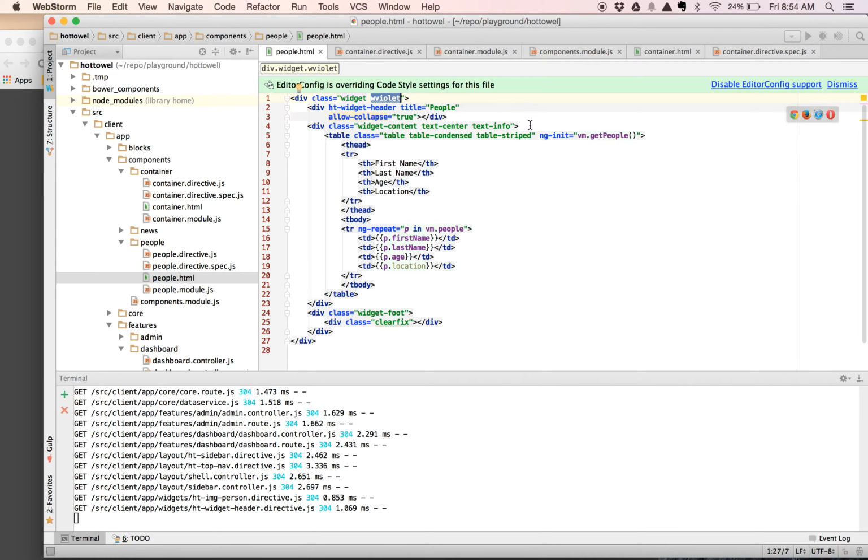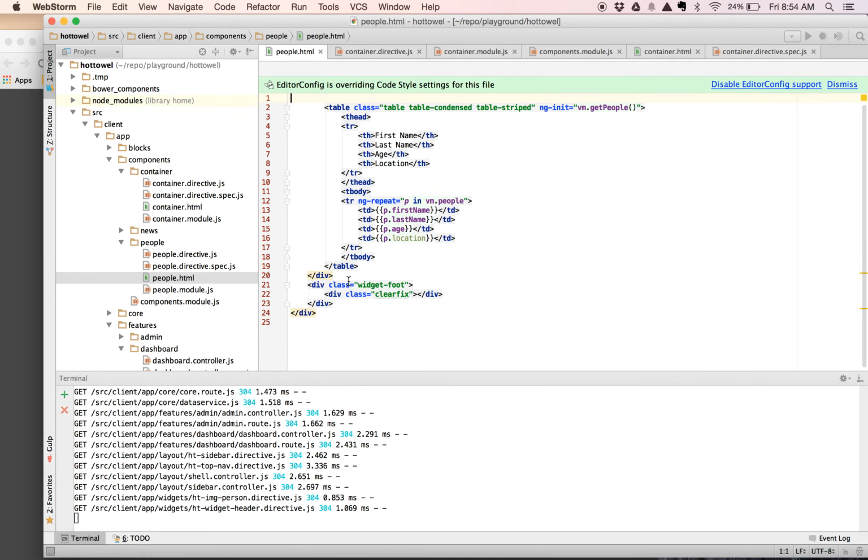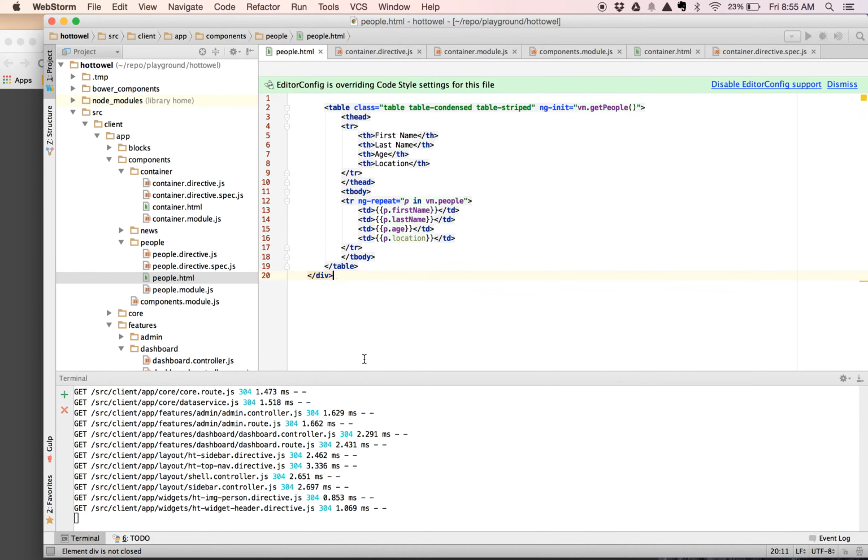Let's go ahead and actually remove this code out really quick. So we're going to put these down here, and we're going to just remove this out. Oh, I think we're missing